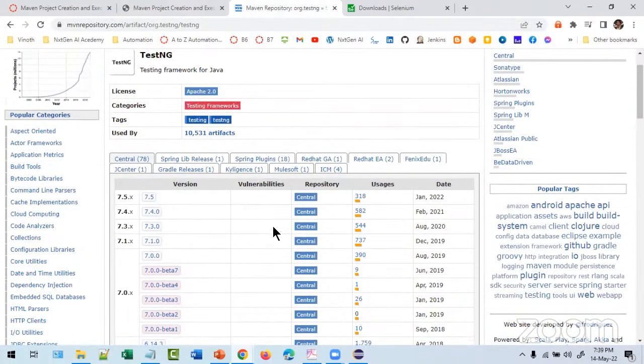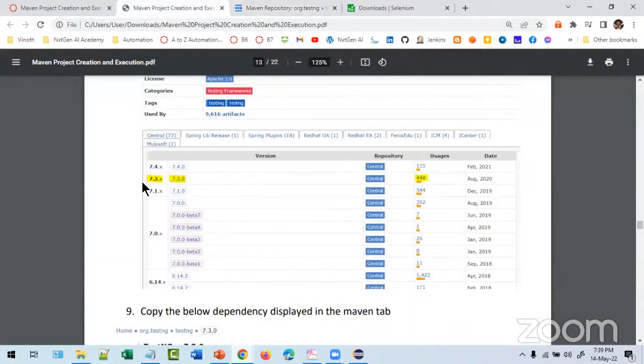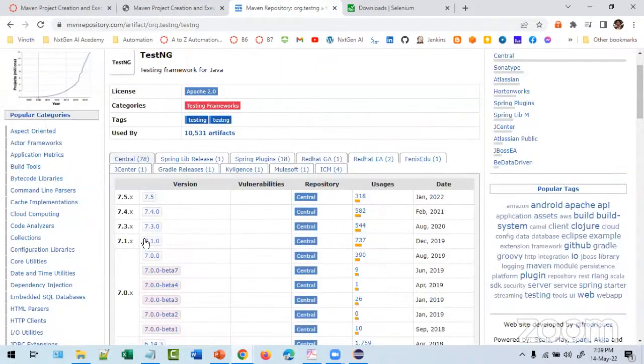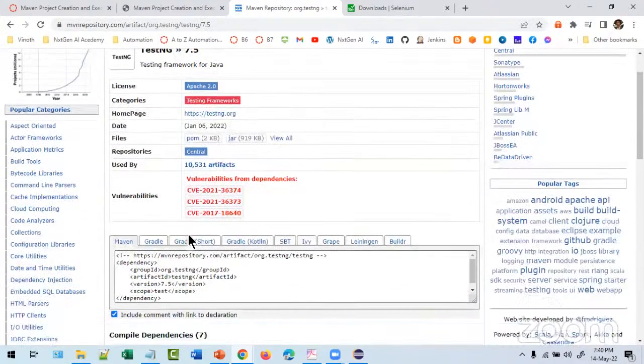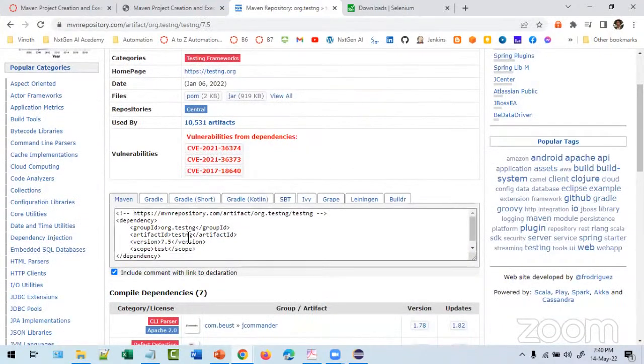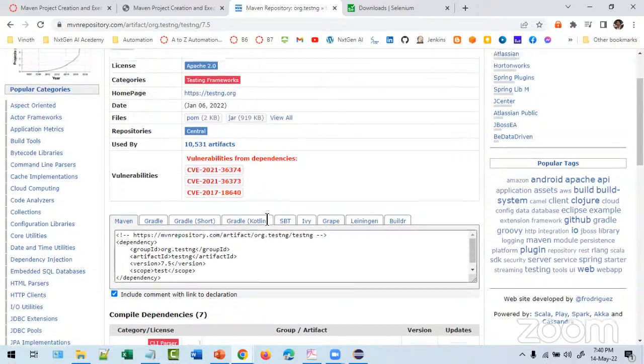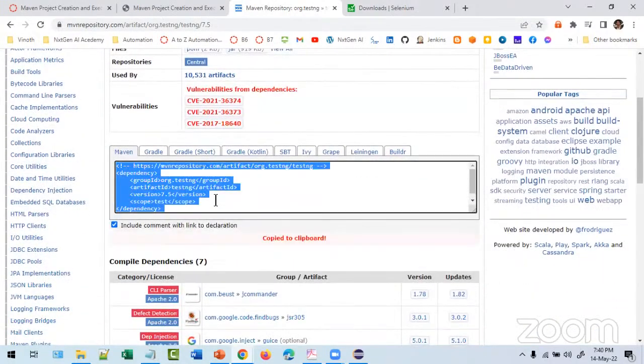Then the latest version is 7.5. At that time, I used 7.3. Then 7.5 came in Jan, almost 1 year. I think it's a very good usage. Count 7.5. Okay, we'll get this. No need to worry about it. Click on this, copy.